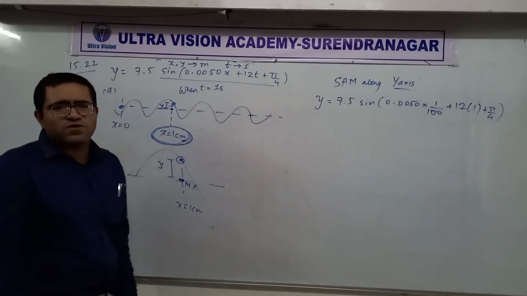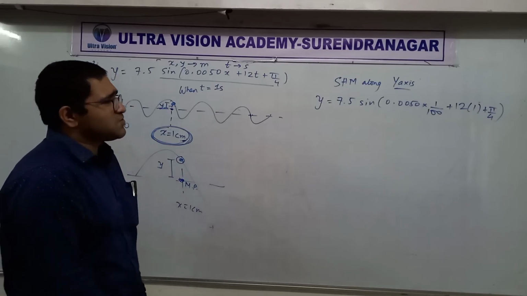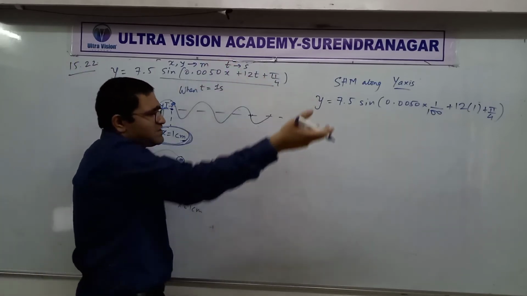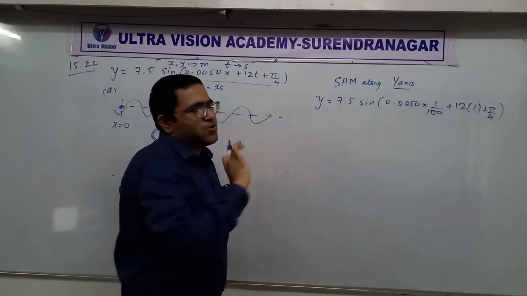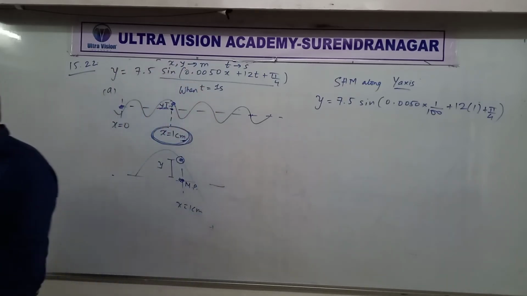Right? There was no way for us to guess, to be very frank. It could have been meter, centimeter, but generally if nothing is given, we tend to use this. So this is what we have. Method clear or not clear?